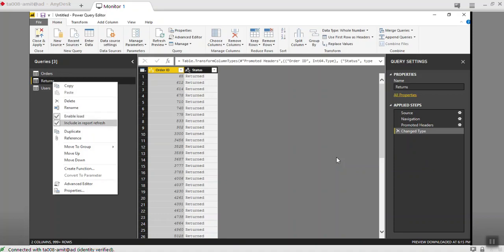You may require this feature because this file may get updated. If you uncheck this, it will not refresh. If some new order ID has been added in the Excel file, it will not come. If that is required, you should not uncheck this option.